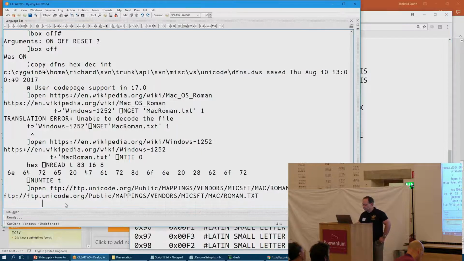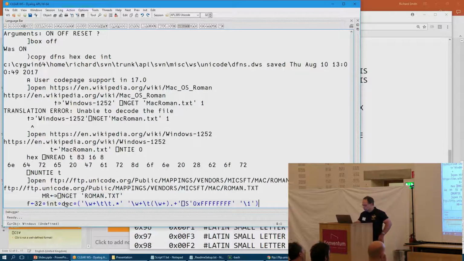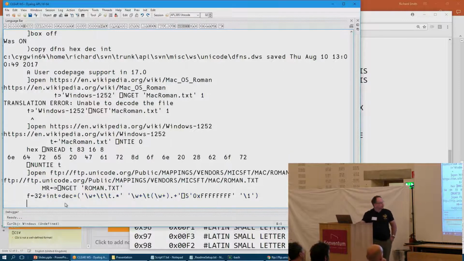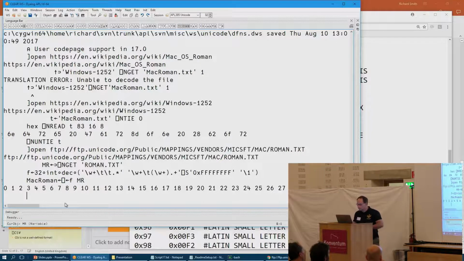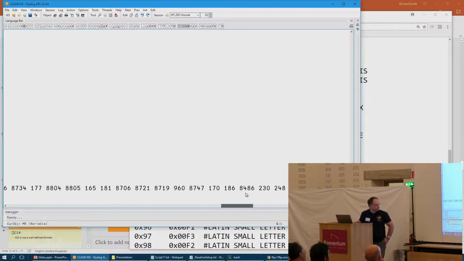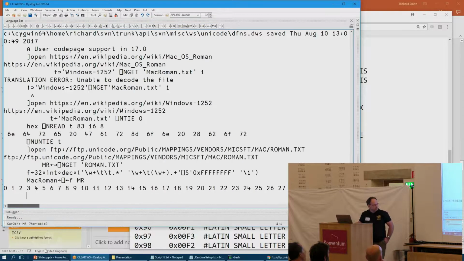Let's play with it. This is some Quad S magic. Don't look at it too hard. The point is, I've taken the contents of that web page and I have generated a 256 element map, which is the byte value, the file byte values starting at 0 and the corresponding Unicode code points.